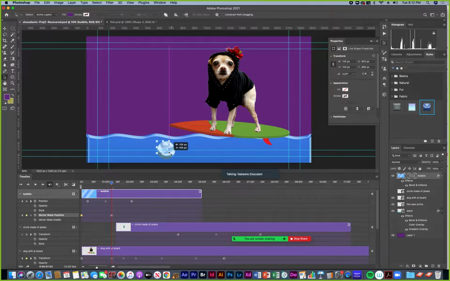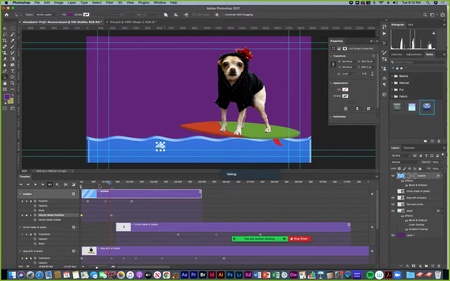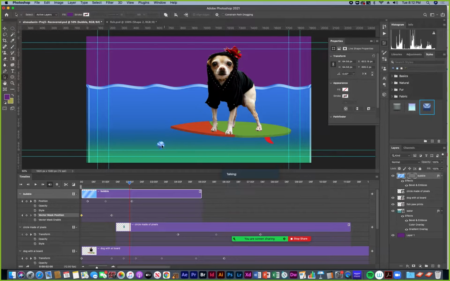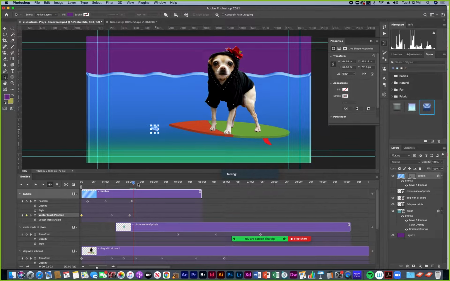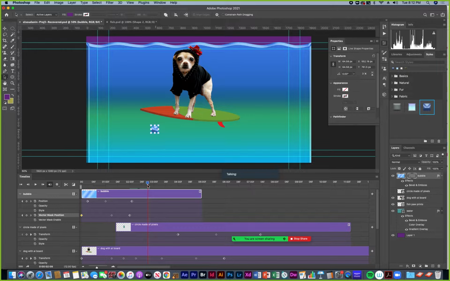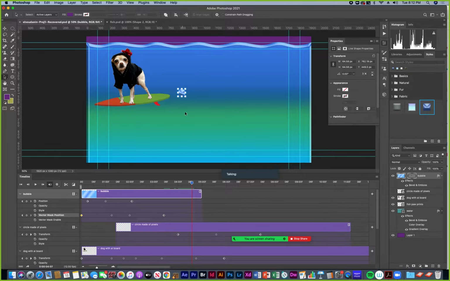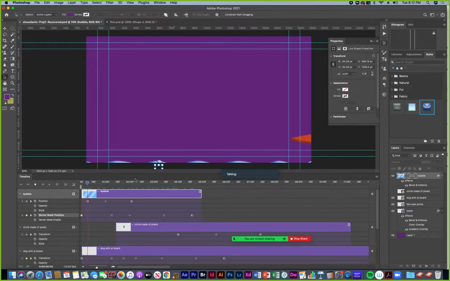Can have it be smaller. And move up, and out. And it can go all the way up, and then it disappears.